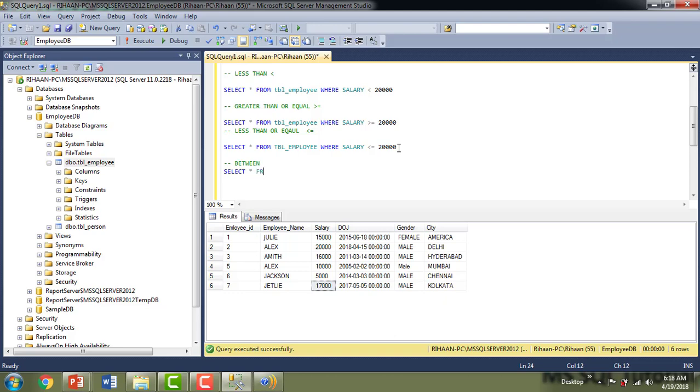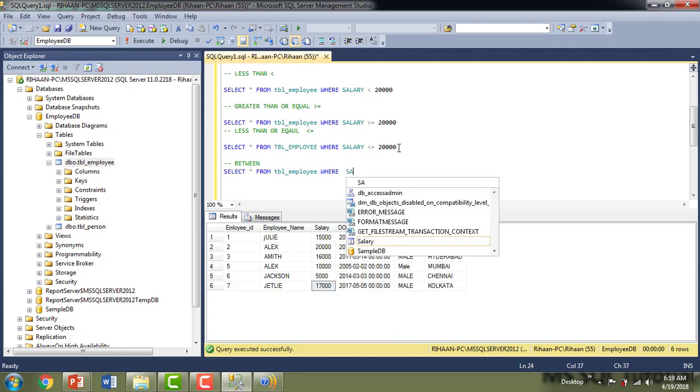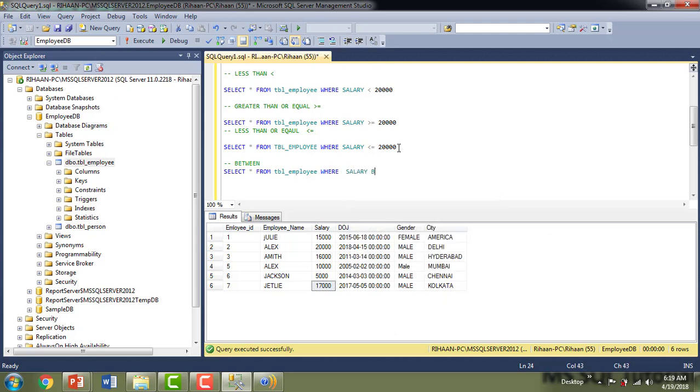SELECT * FROM tbl_employee WHERE salary BETWEEN 8,000 AND 12,000. If you see on my screen, I don't have any kind of records in it,